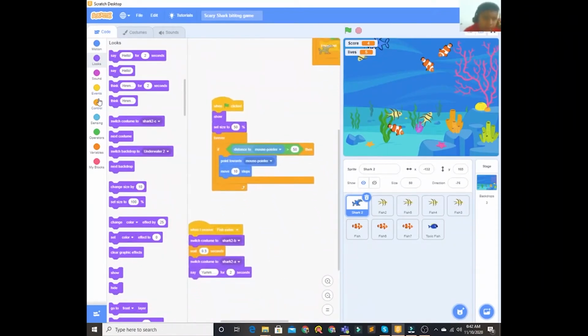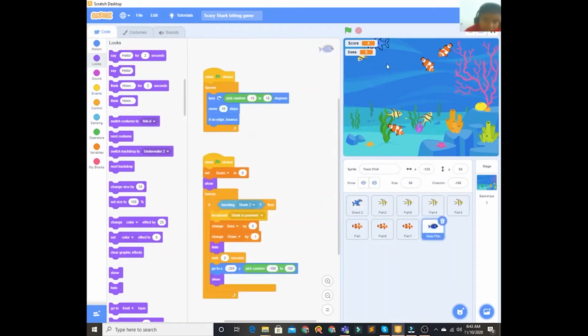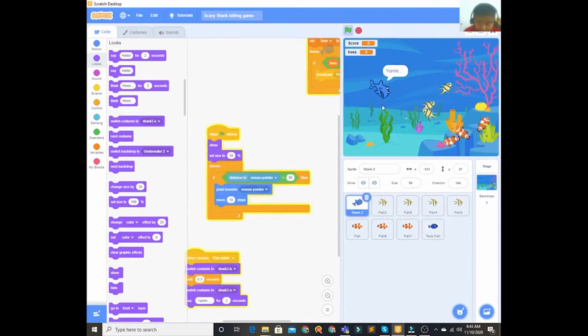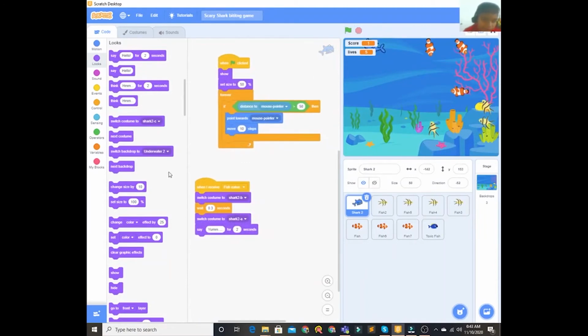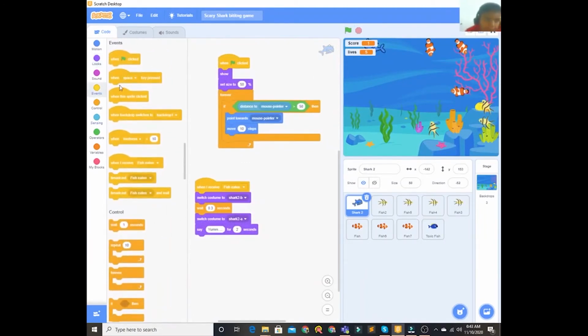So the shark should be poisoned, right? This fish should be poisoned. So let's check it out. It will open its mouth and it will bite the fish. So likewise, let's go to shark and when I receive